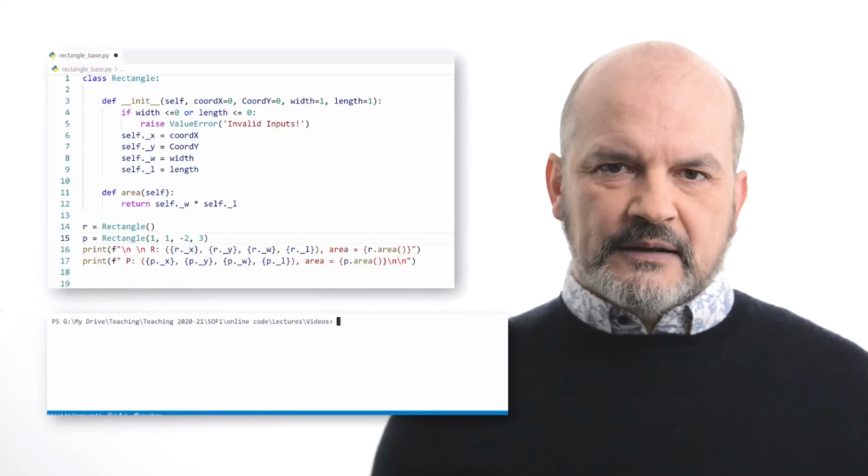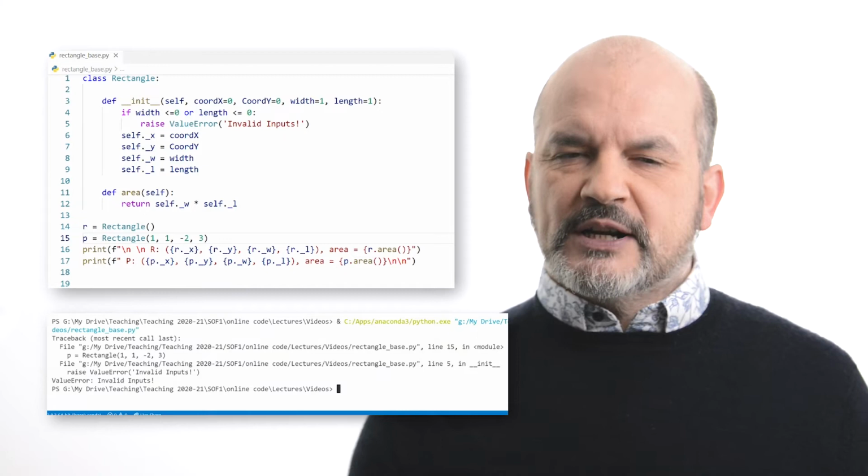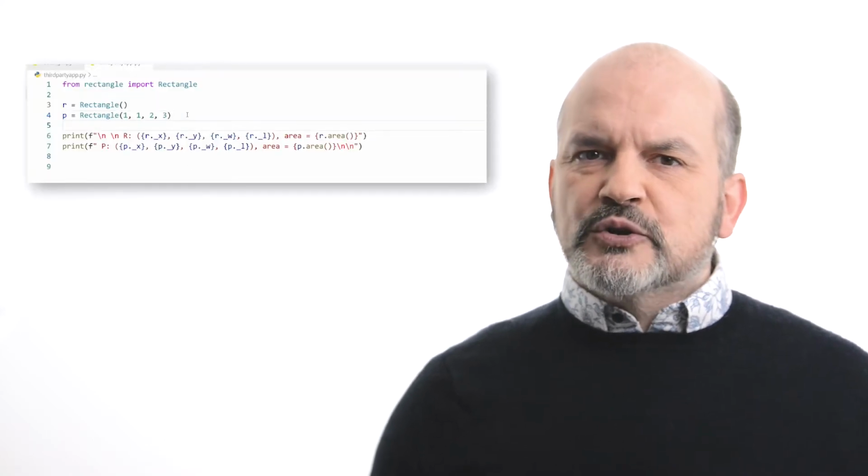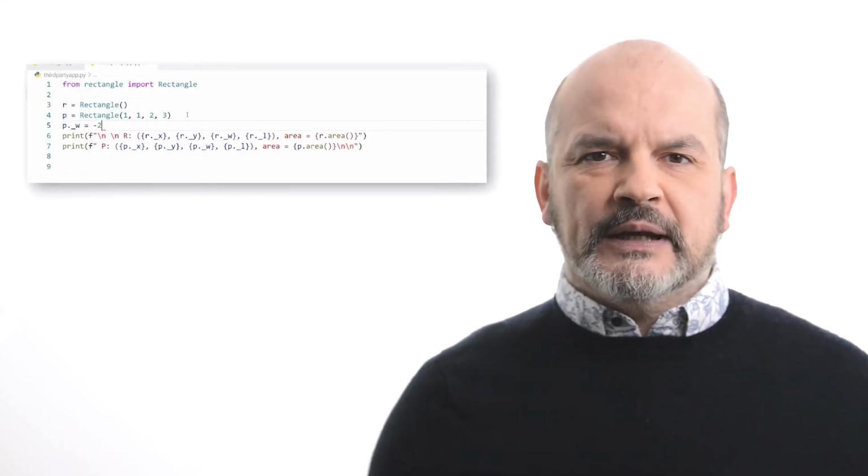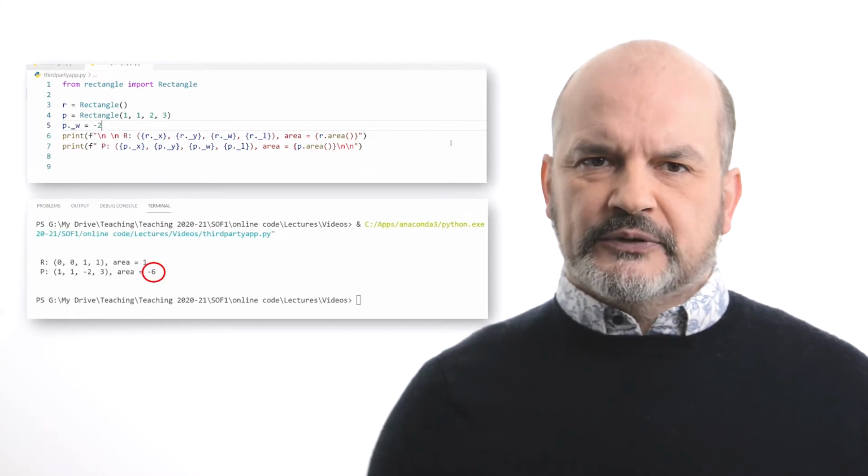Let's check our implementation and create a rectangle with a negative width. As expected, an error is raised and the program crashes. For the time being, the integrity of our data structure is preserved. Let's assume that the developer using our class really wants to create a rectangle with a negative width and does not follow Python's convention. The developer can do so with a simple assignment. You should note that if the program is not working properly, it is entirely their fault.